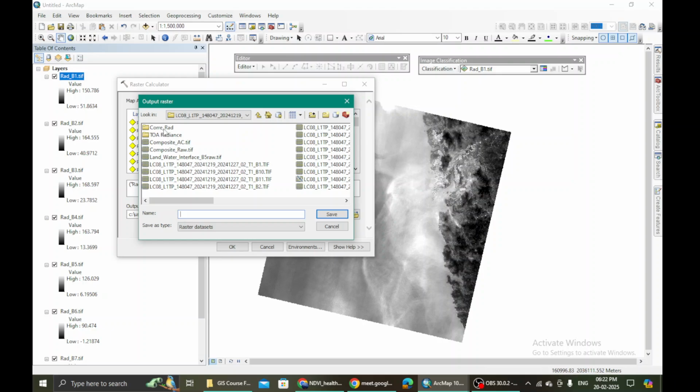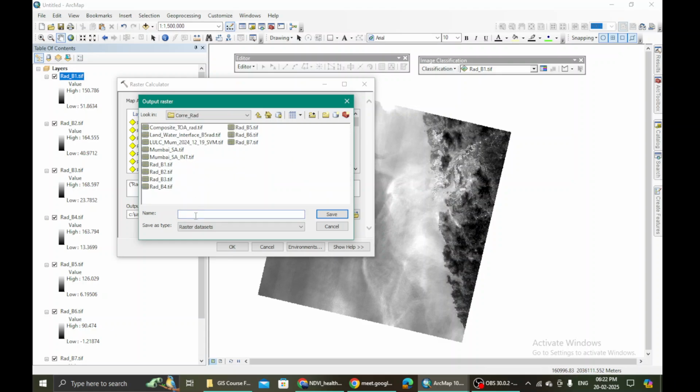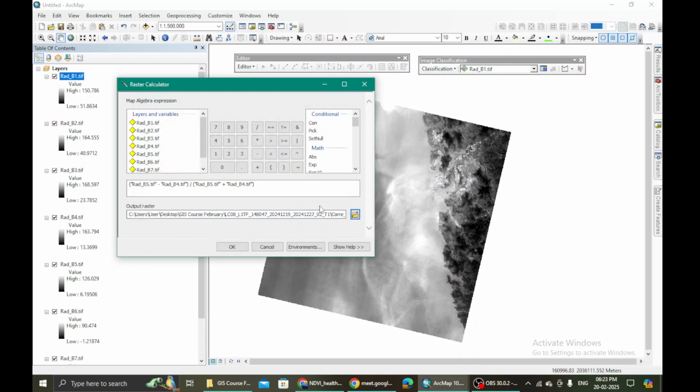So let's save this as NDVI of 2024 December 19th. And because it is a raster image, a photographic image, we will give it an extension, which is .tiff. Then we save this and we hit OK.